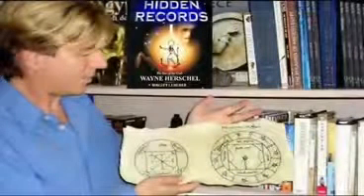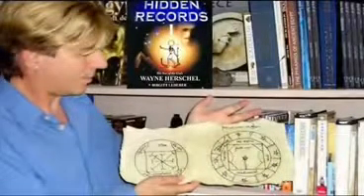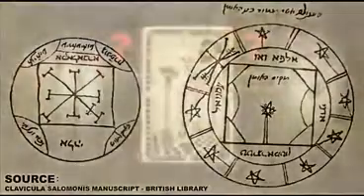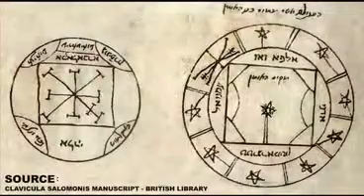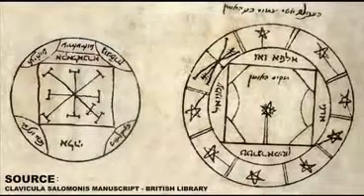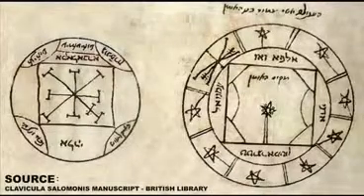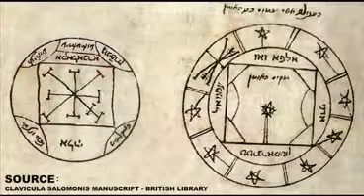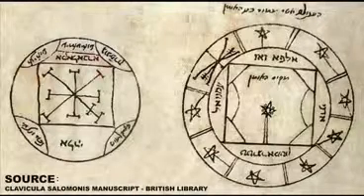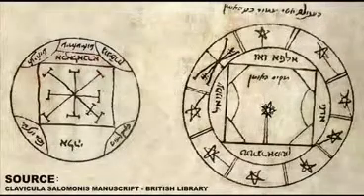Here I'm holding the Key of Solomon artifact. It's a paper copy sourced from the British Library, from the Clavicula Solomonis manuscript. This is our 3rd piece of evidence now. So we have 3 documents that show that this is a star and not the sun. You can see the star is at the center of the circle. It is a cipher. It's a pictographic cipher puzzle. This, Dan Brown, I believe, is his favorite artifact, his favorite puzzle that shows the secret of our ancients.